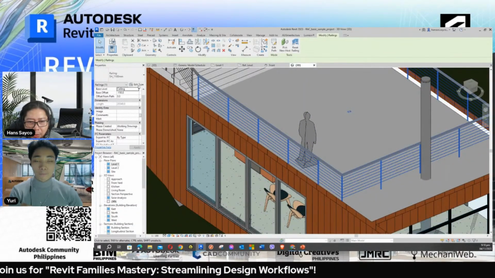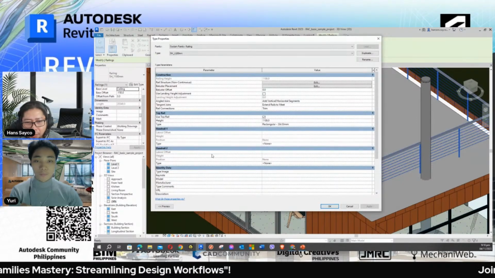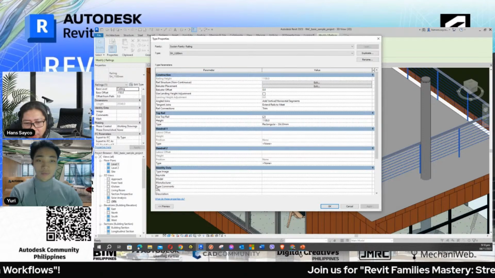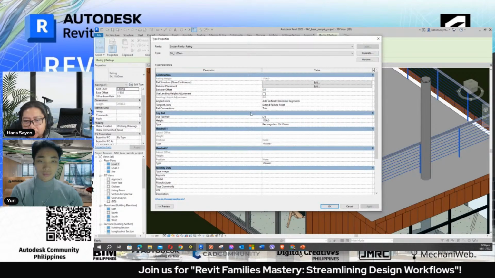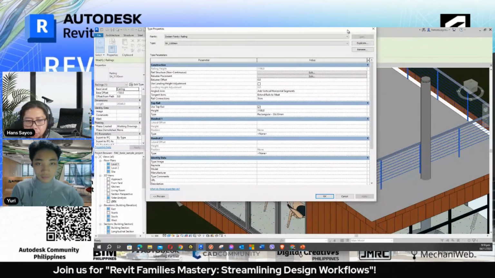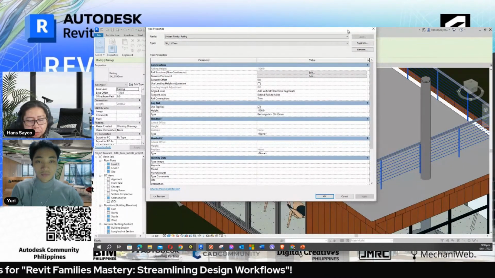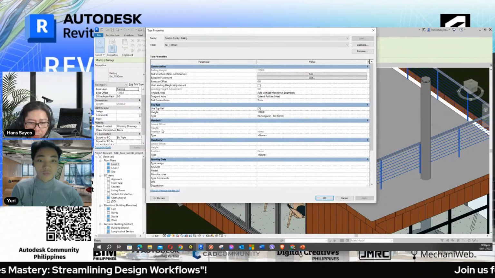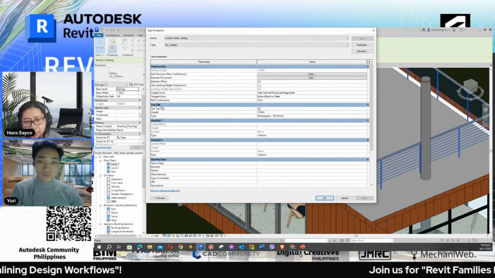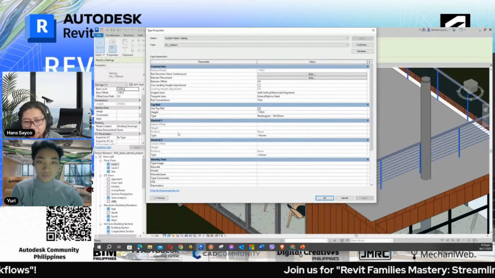Information-wise, ano ba yung information na pwede nating makuha from this? So you have the height, and then some other things here. So just to get the information, for example, yeah, we can do the height and top rails, and also what